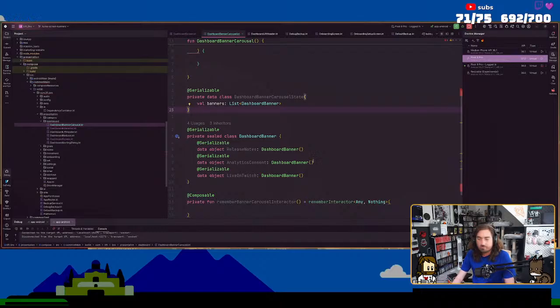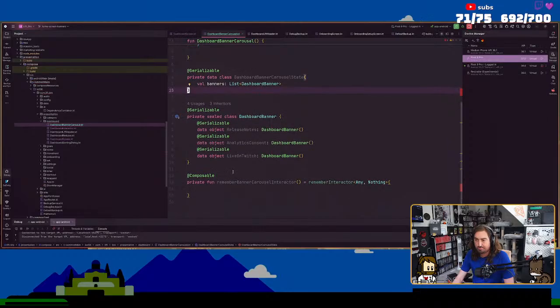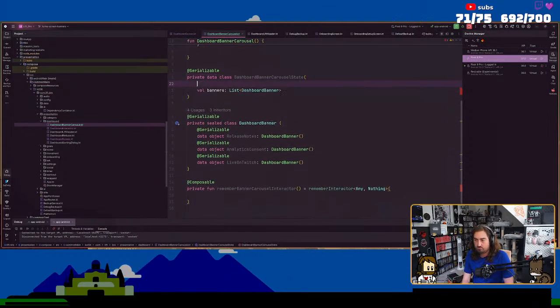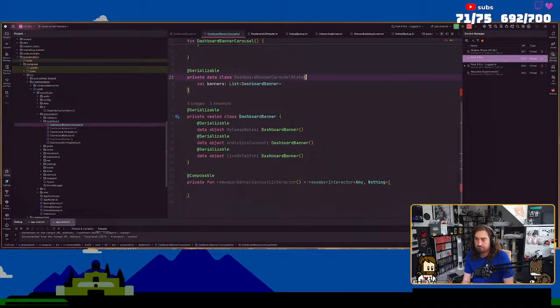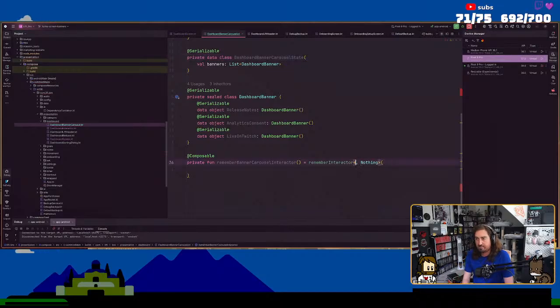Took me a while to realize that. Right, so now we have the dashboard banner carousel state.